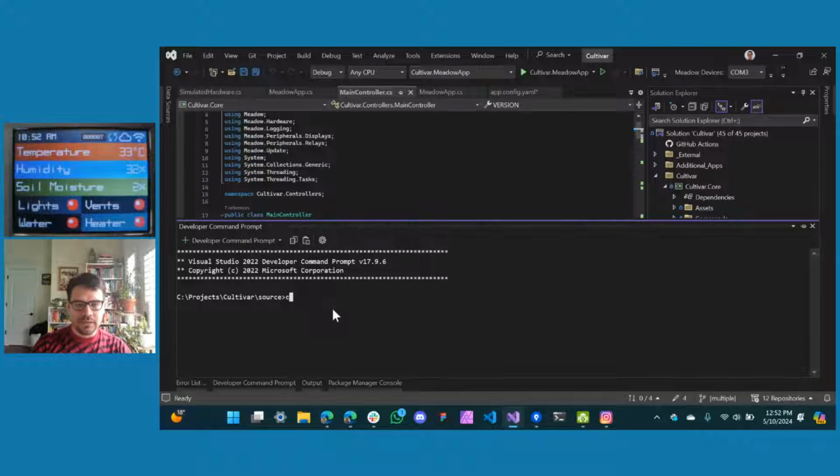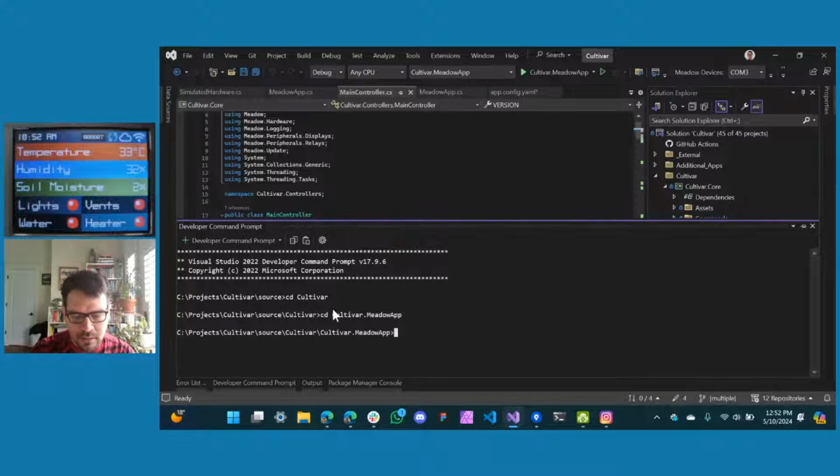Okay, and now let's CD into Cultivar. We've got to go to our Meadow app site. So Meadow, Cultivar, Meadow app, and then Meadow.Cloud package create. And I put a name. I'm going to put Cultivar 1.5 MP. It stands for Meadow package. So if I do that,